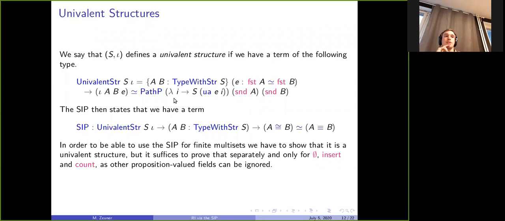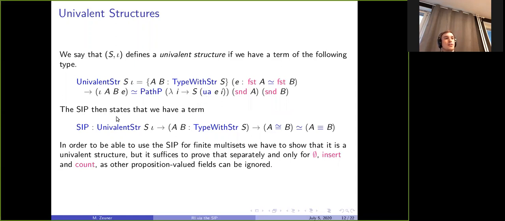And notice that Martin has in his lecture notes a slightly different definition of what he calls a standard notion of structure, but it's essentially equivalent. Here we just use the cubical primitives and the univalence term for convenience.